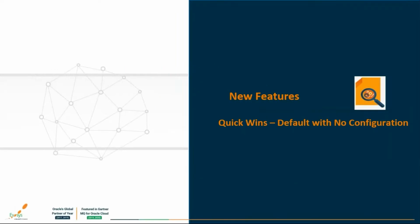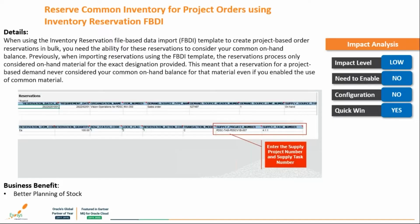So the very first area which we'll talk about are the new features that are quick wins, default with no configuration. So here the very first update or the 22B release update which we have is reserve common inventory for project